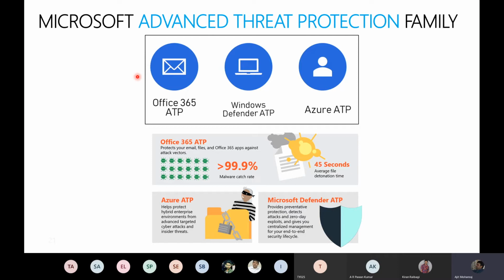So all of you are very familiar with Office 365 ATP, right? The same thing is extended on to Windows 10. So Windows Defender ATP is the new endpoint detection and response malware protection for your endpoint. Earlier on, we used to just have antivirus and things like that. But today people are saying signature based and that database stuff, no fun. I want to be able to lock down the endpoint very, very hard. And that's what Windows Defender ATP does.